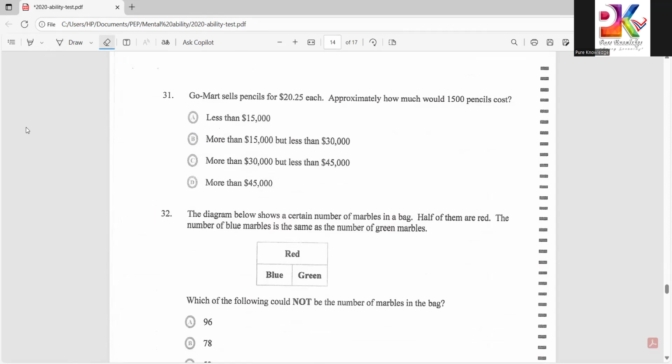Next one says, Walmart sells pencils for $20.25 each. Approximately how much would 1,500 pencils cost? All right. So is it less than 15,000, more than 15,000 but less than 30,000, more than 30,000 but less than 45,000, or more than 45,000? Now, there are many ways of doing this. All right. So we know that we are going to find out